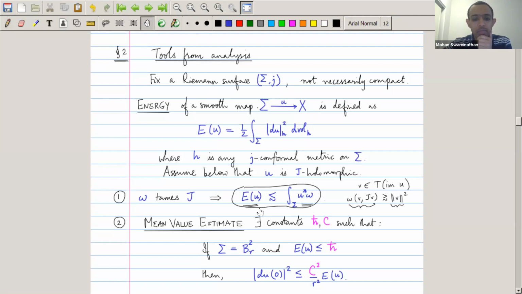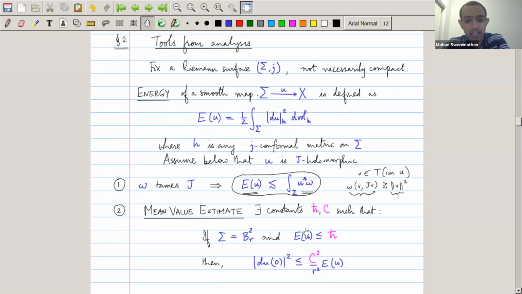Okay, so now the second analytical fact we need, which is probably the most important for this talk, is something called the mean value estimate. This should remind you of the mean value inequality for subharmonic functions. What this is telling us is that if u is a holomorphic map defined on a ball of radius r within the complex plane, and its energy is smaller than or equal to a certain threshold amount, which I'll call ħ, to remind you of minimum energy,